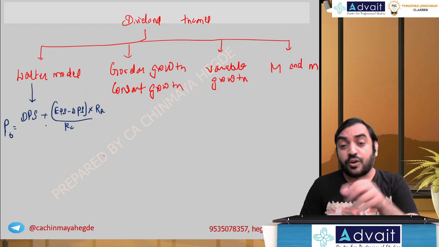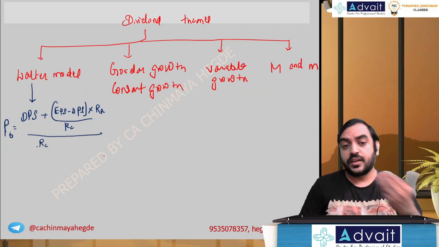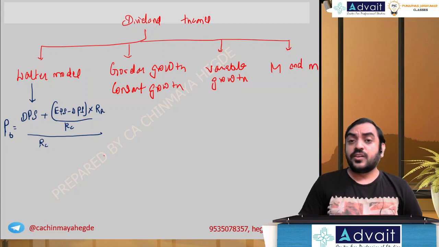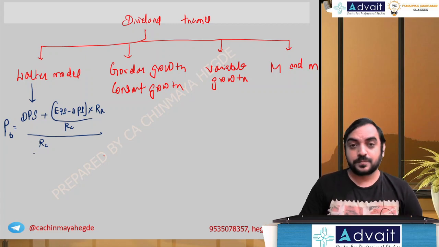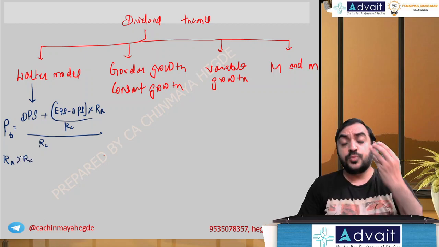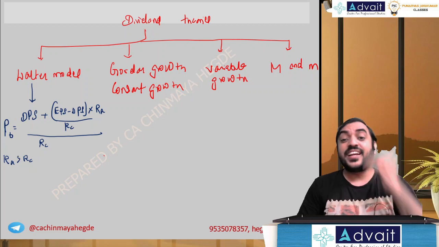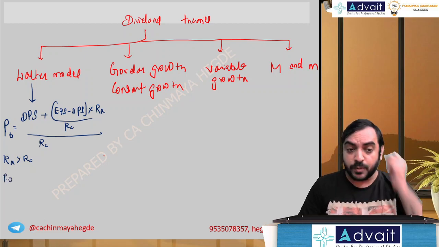This is the value of retained earnings. And in total, this will come every year. So we divide by RC, return on capital. RA, return on asset. RC, return on capital. You can also say cost of capital. And he recommends two important aspects. If RA is more than RC, meaning the company is able to generate more, then the payout ratio, he recommends, the optimum payout ratio,